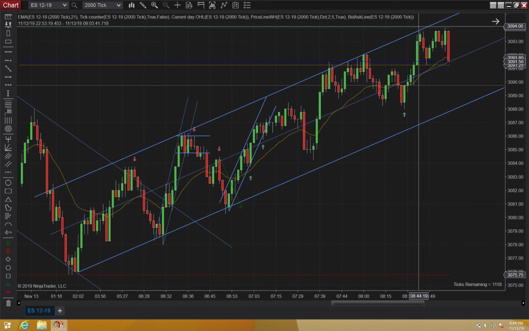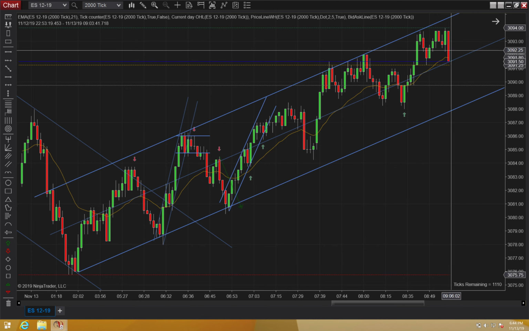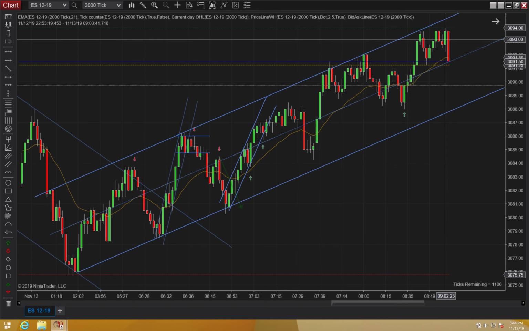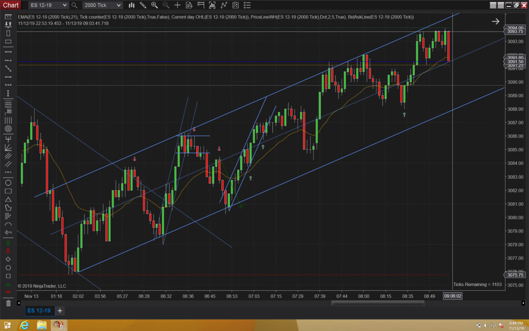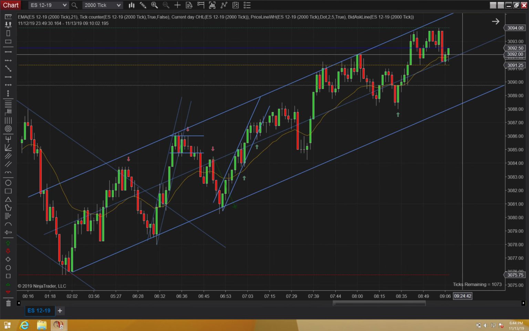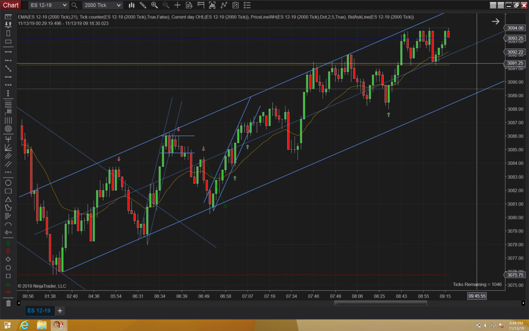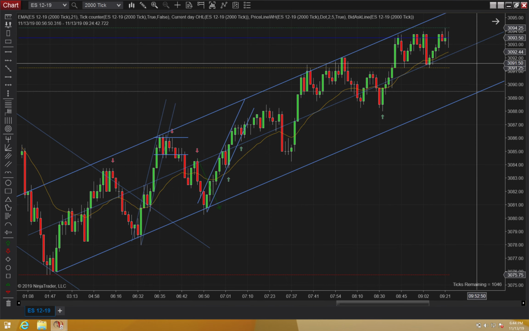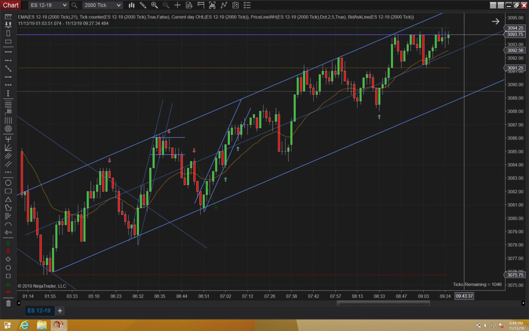When you just touch this channel line, you really need to wait, let it reset, or you need a very strong setup of some sort. That failed second entry short up here isn't what I would consider the strong setup we're looking for. It's just a first entry to that high. It's pretty good. Nothing there really that you want to take.